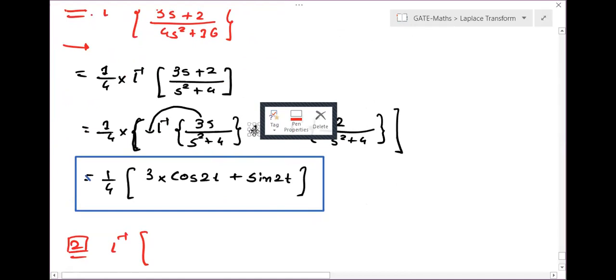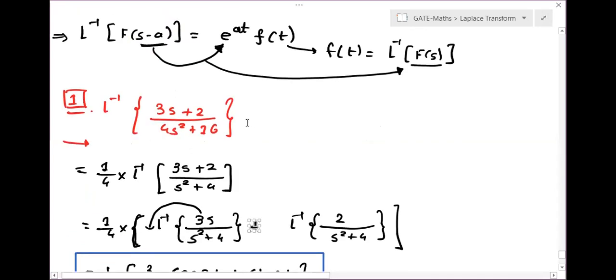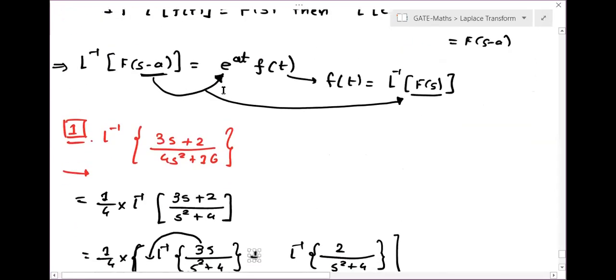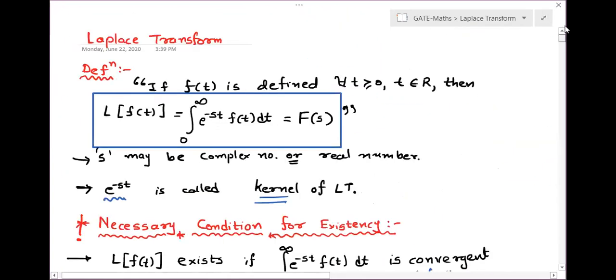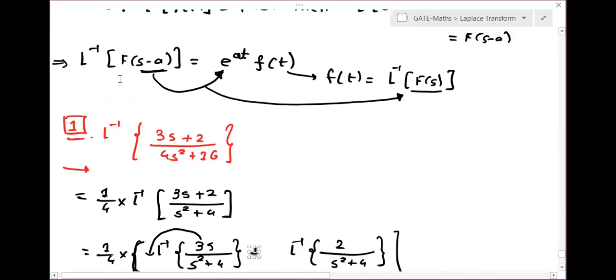See, when we were applying Laplace, right? We were converting Laplace f of t to capital F of S, or not? Right. What is the use of Laplace? Laplace is going to change the domain of your function. Right. When we are applying Laplace, sorry, it was highlighted, that's why.